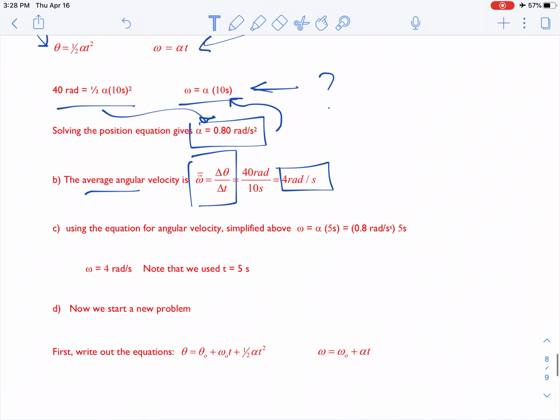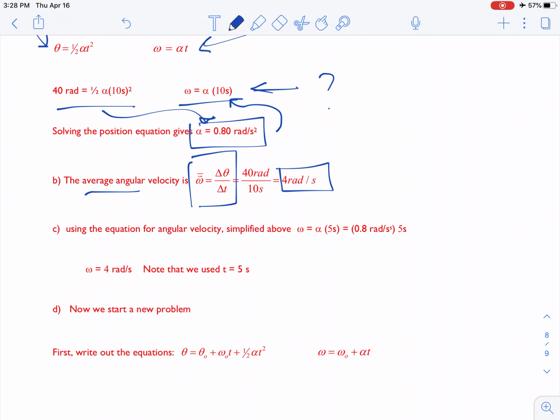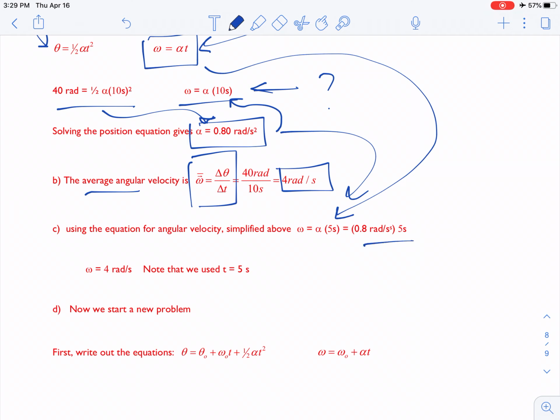Okay, so far we got the angular acceleration, and also the average angular velocity for the first 10 seconds. Next we're finding the angular velocity at 5 seconds. So this is an instantaneous velocity, and similar to the equation that we got here, omega is alpha times t, and we can use that, but t is 5, not 10 in this case, so we need to be careful with that. And alpha we already found out here, so put those together and you're gonna get 4 radians per